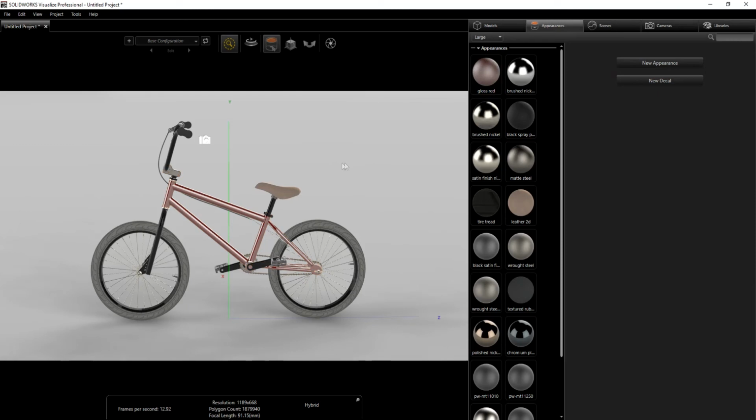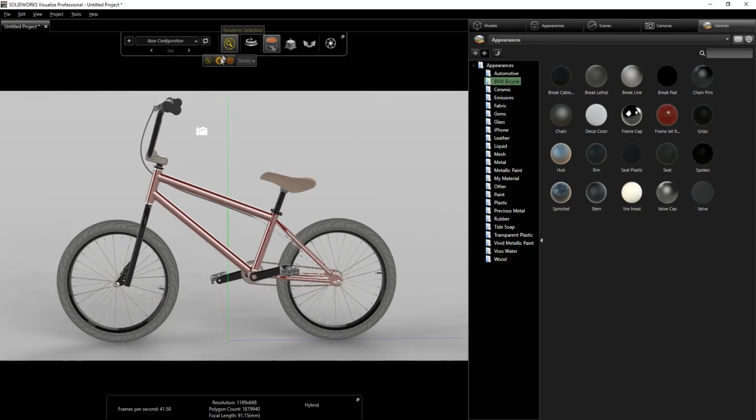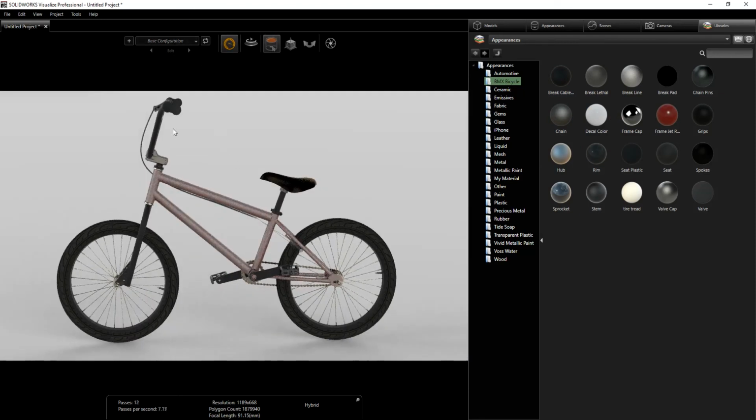So what I'm going to start doing is adding my appearances. I actually tweaked those appearances a little bit when I imported them in, and I saved them into a folder in Visualize. Under my library and my BMX bicycle, I have those appearances here. It's the same appearance, but I tweaked them a little bit, because if I have to start changing them now, it's probably going to take a couple of minutes to an hour to do it. So just to make things fast, I'm going to start adding these appearances, and I'll go into fast mode to do that. So this is what it looks like now, and I'm going to add